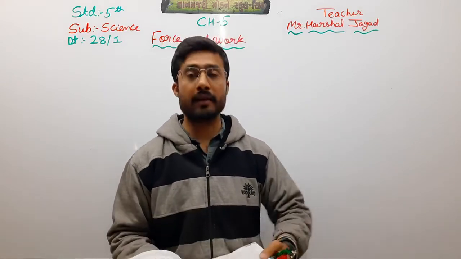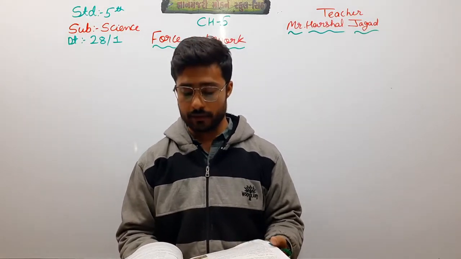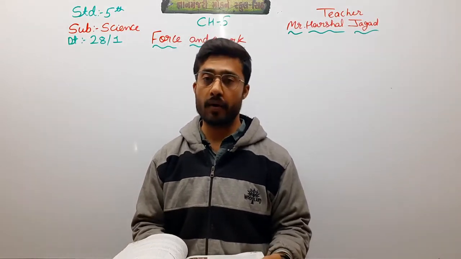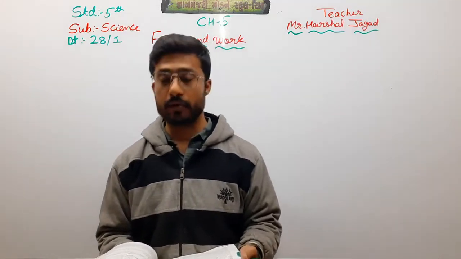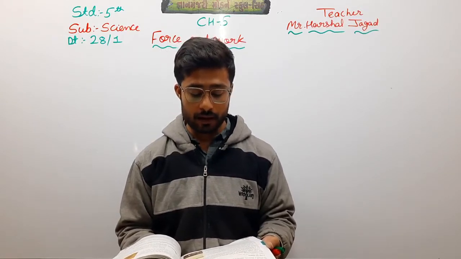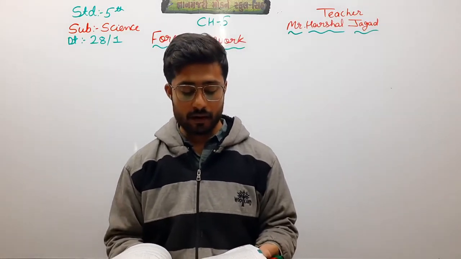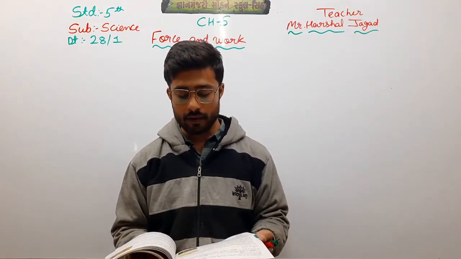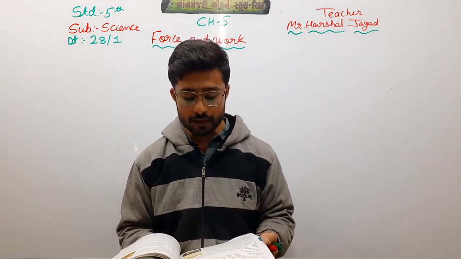Now I will read all this: gravitational force, muscular force, elastic force, magnetic force and mechanical force. If in this revision I forgot any point, it is here. The earth exerts an invisible force called gravity that pulls everything downward. When a mango breaks off from a tree, it falls downward towards the ground. If you hold an object in your hand and let it go, it falls down on the ground, it does not float around in the air. This is due to the gravitational force of the earth.